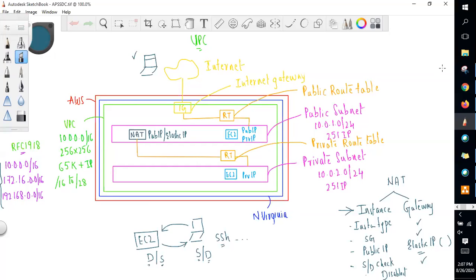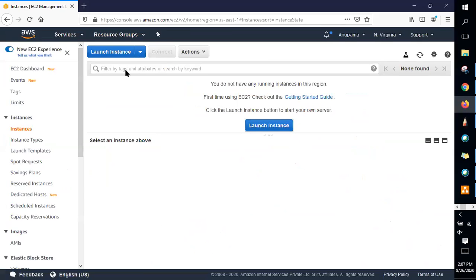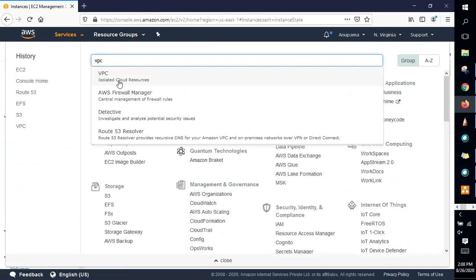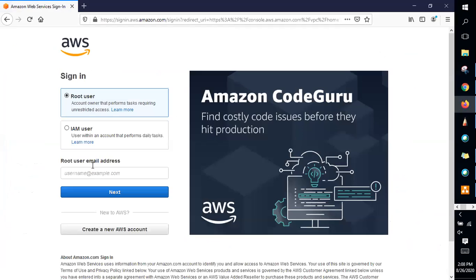So first of all, let me go back to the console. In AWS, in the North Virginia region, let's go to the VPC service. Just a minute, let me log in.